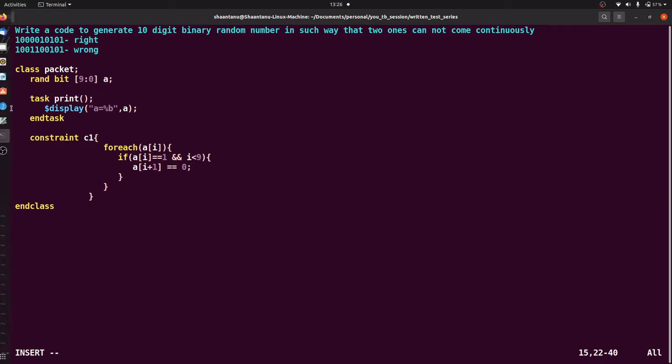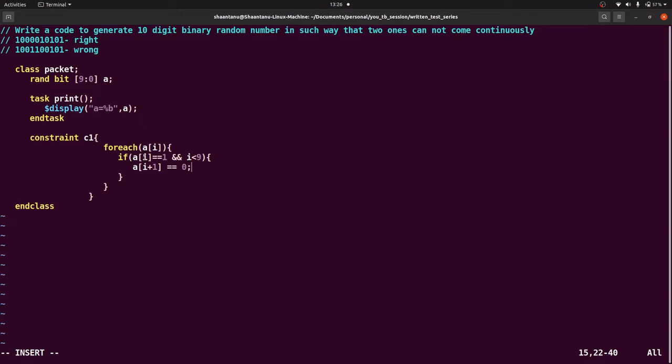So till now, what we have done is use one foreach loop. Inside the foreach loop we write the variable A as we declared it, and I is the iteration. For 10 digits, I will be 0, 1, 2, 3, 4, 5, 6 up to 9. Here I am writing one condition: when the loop runs the first time, the value of I should be 0. So if A of 0th location is high and I is less than 9, then 0 plus 1, that is the first location, should be 0.